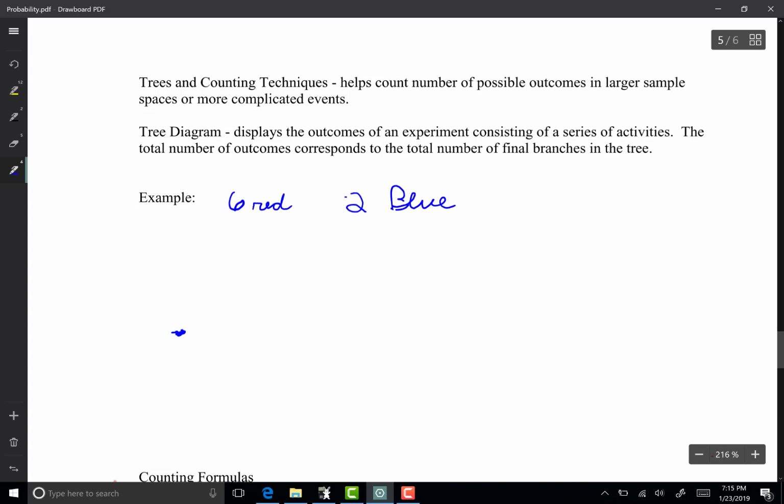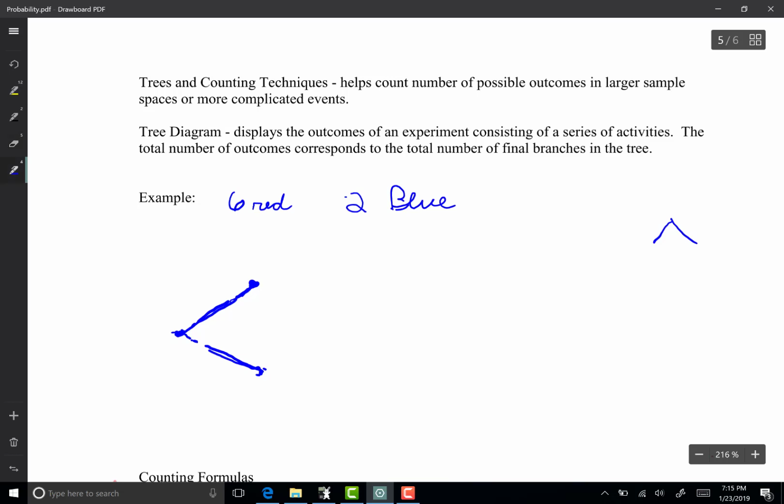So we have what's called this initial node as our starting point. Now, I draw my tree diagrams off to the side like this. And sometimes, like in your homework, I think it'll be down. Okay? So on our first draw,